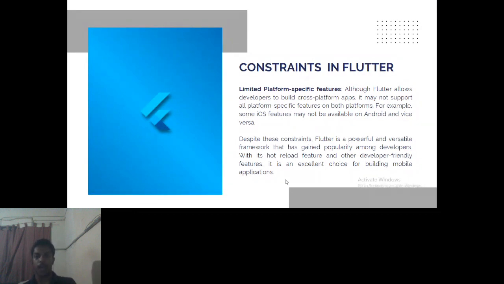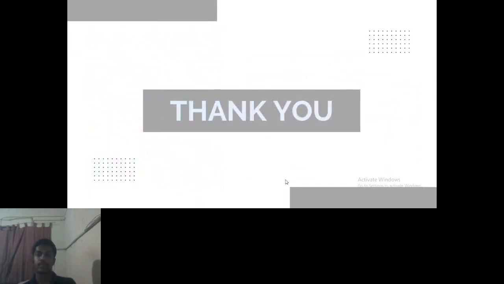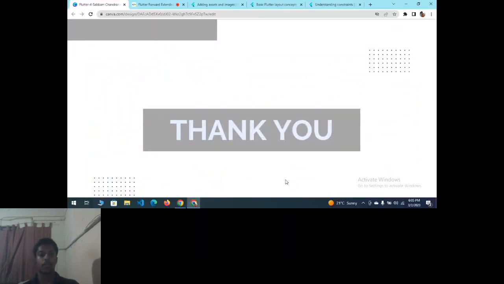So these are some of the types of constraints in Flutter. This is the end of the presentation. Now coming to the